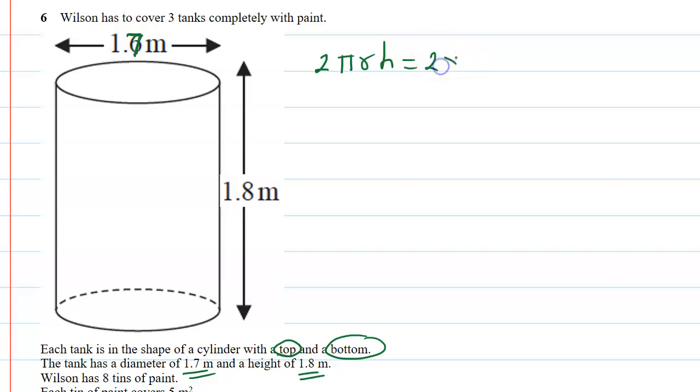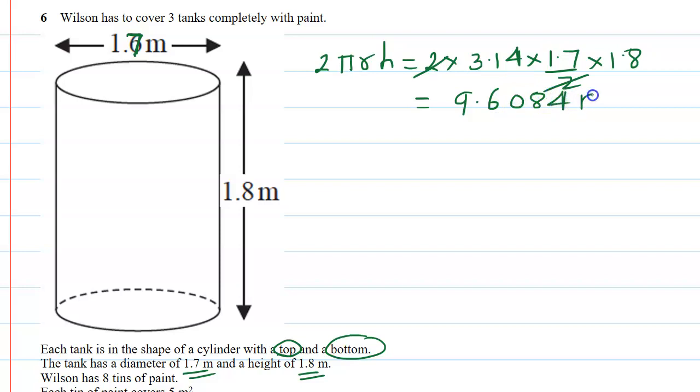Okay, so 2 pi is 3.14. Radius is 1.7 divided by 2 because it is diameter, and height is 1.8 meter. They are in meter and meter, so we no need to change. If you simplify, you can cancel out this 2 and this 2. So 3.14 times 1.7 times 1.8. So it comes